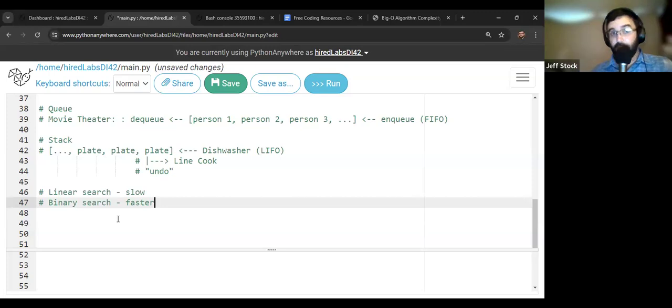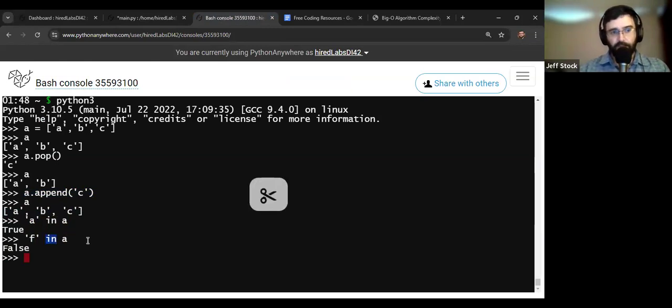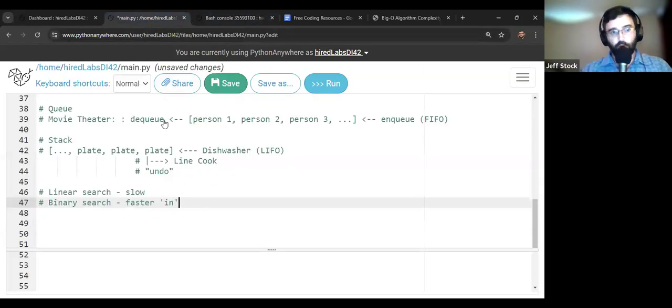It takes your data set, imagine again it's an array, and it cuts it in half. We've done something similar before. I think we've used it before with in. If not, it's demonstrated. We still have this list. This works with any collection like the list, the dictionary, sets. If we have A, we know it is in our list, so it comes back as true. We know that F is not, but we just use the word in. This is built into Python, so it's a reserved word, built into most programming languages, and generally it just checks for presence of that thing.